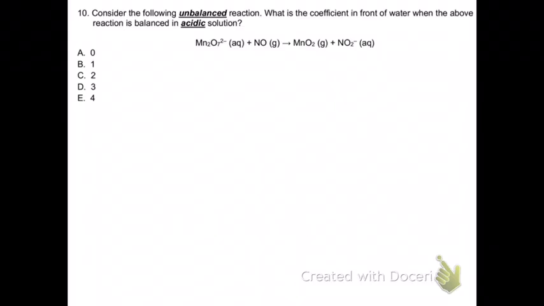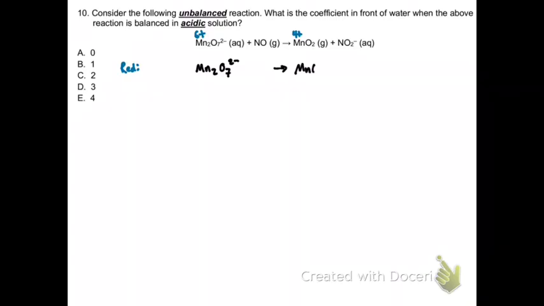So the first step is going to be to split these into half reactions. If we look at these, our reduction half reaction is going to be, for our manganese in our dimanganate anion, the oxidation state of manganese here, each one is 6+, and in manganese dioxide, it is 4+. Okay, so that's going to be what's reduced. So our reduction half reaction is going to be the Mn2O7 2 minus